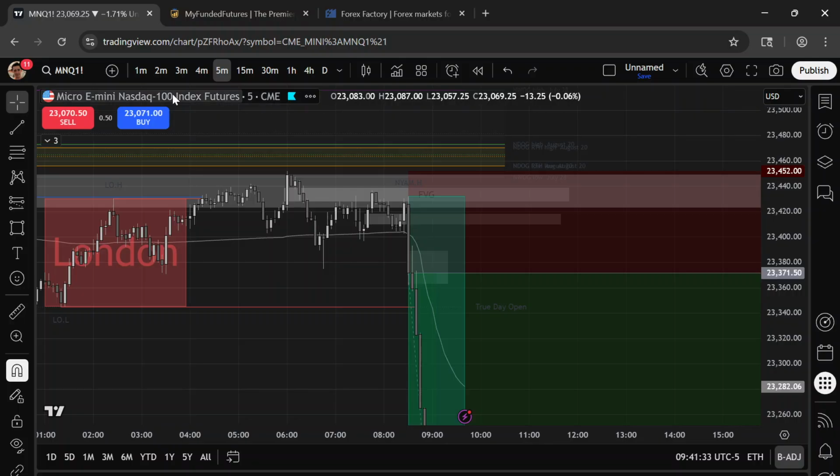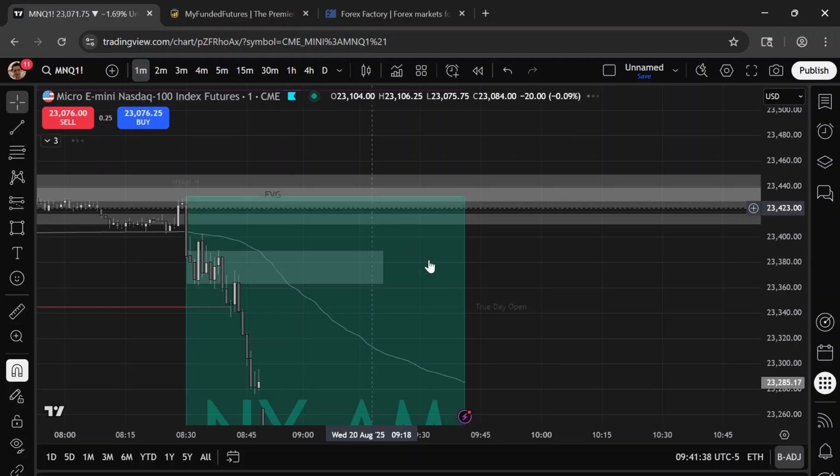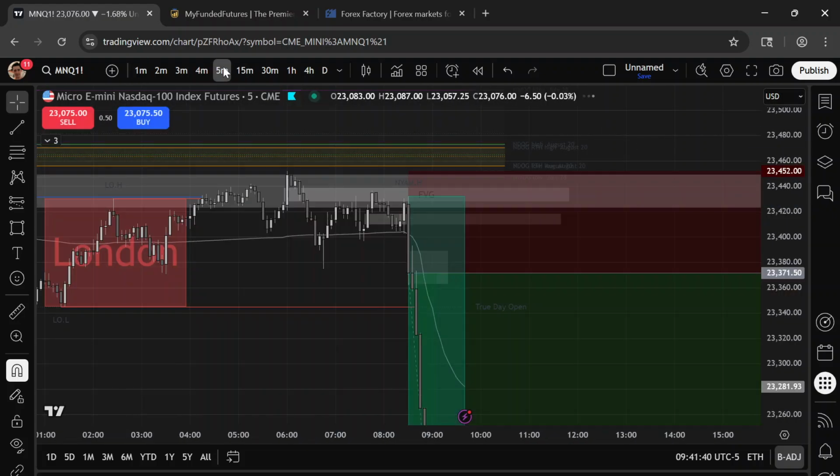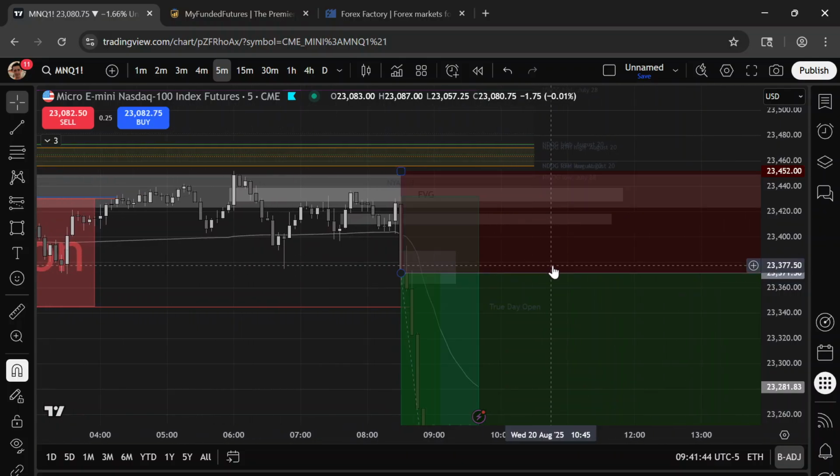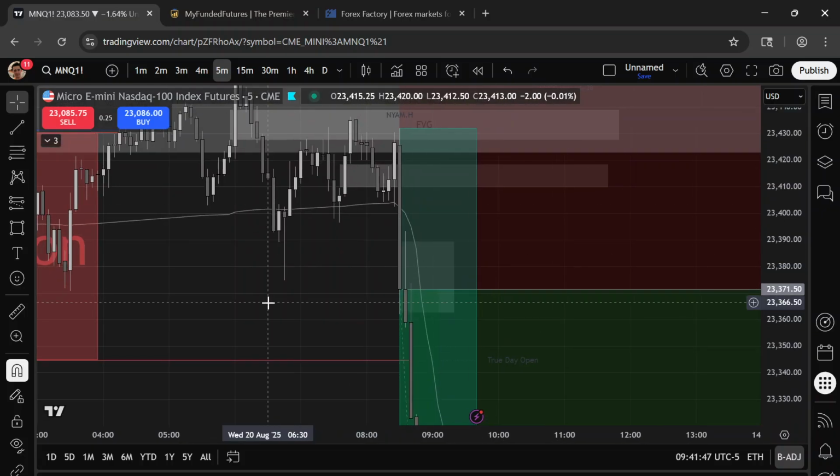But yeah, there was only one trade for me today. I didn't take it because I woke up really late. I didn't even log into my fundeds. Today I was just on paper. And I did not see this until a little after because I hopped on way after this happened. But if you go on the 5 minute,